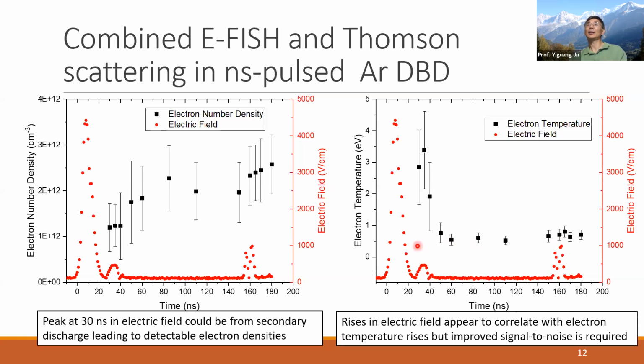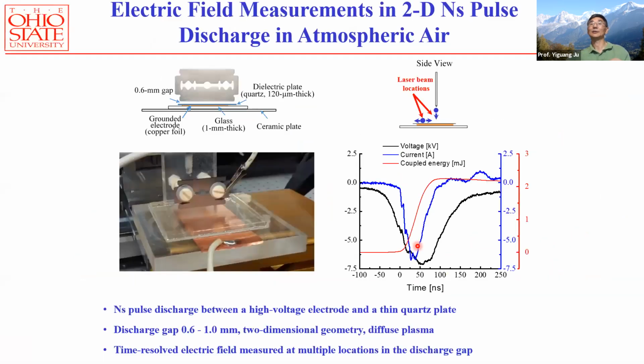So these are property measurements, simultaneous measurements with the same device. It gives you a validation target for modeling. And so a similar experiment at Ohio State tried to measure that electric field using E-FISH in a